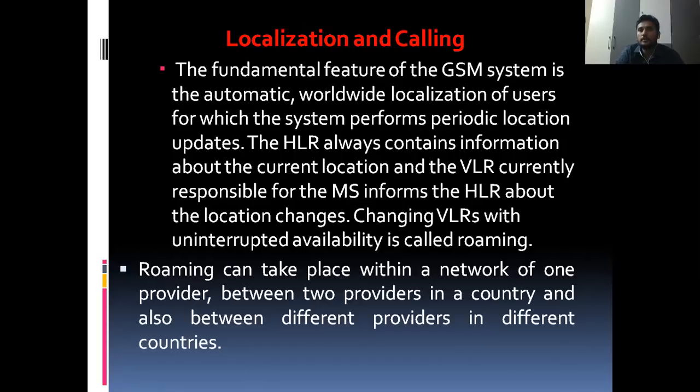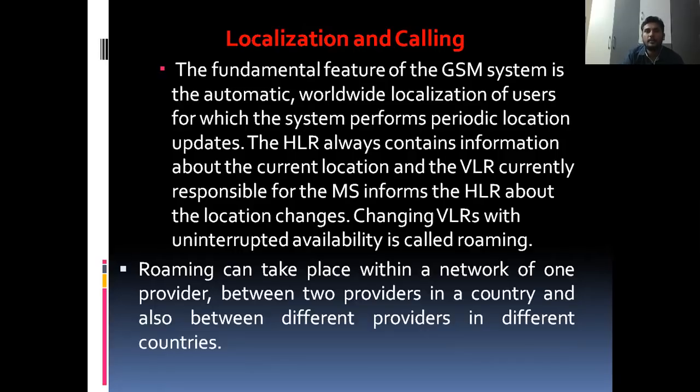So if I want to call a person related to Guntur, there is no problem. Both MS are under the category of the same MSC. Both persons are neighbors, living in neighboring houses, under the category of the same BSC. Person 1 and person 2 are under the same BSC, so the connection will be established by the BSC. So the person from Guntur is calling another person in Guntur, and that work will be done by the same MSC.